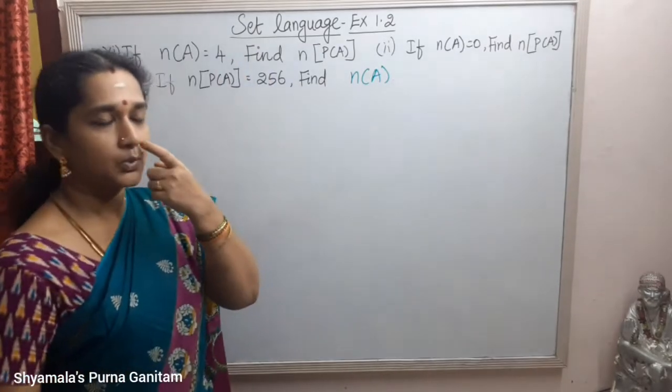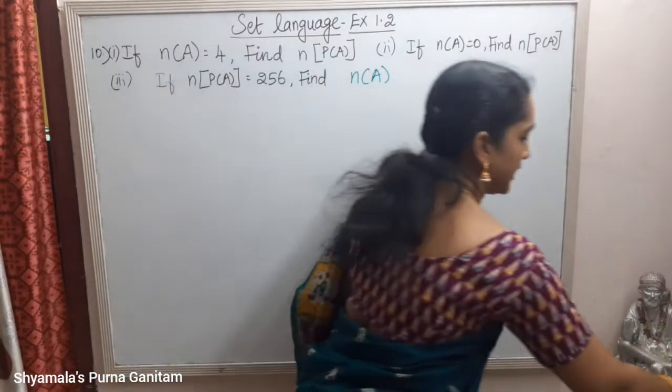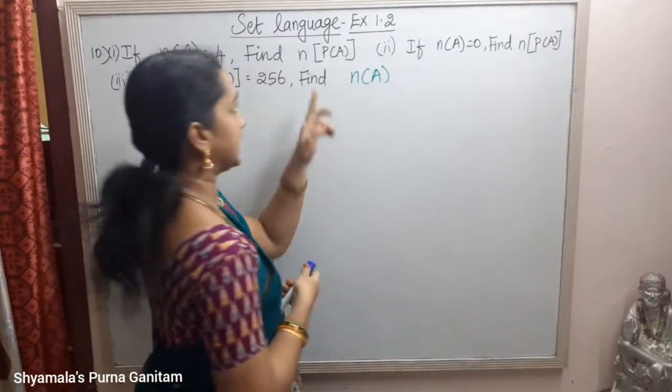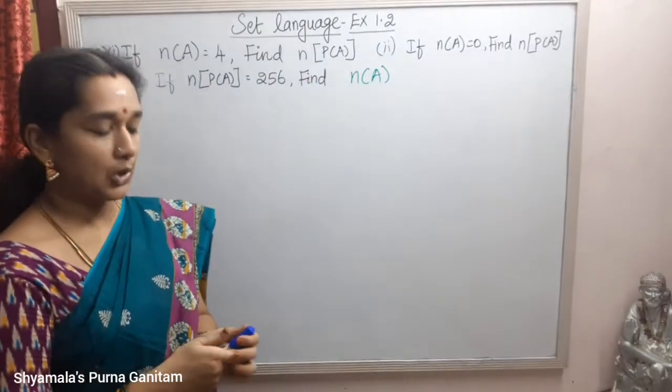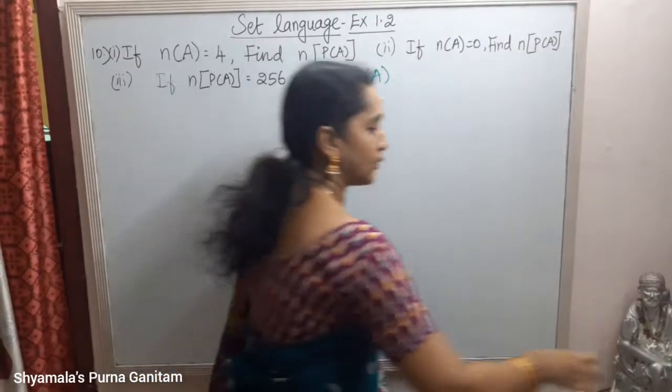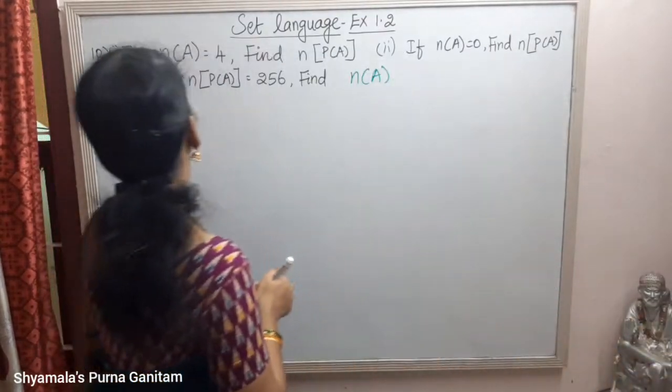These are the questions given. You are asked to find n of P of A. That is n of P of A. You are asked to find that. So for finding that, we will take